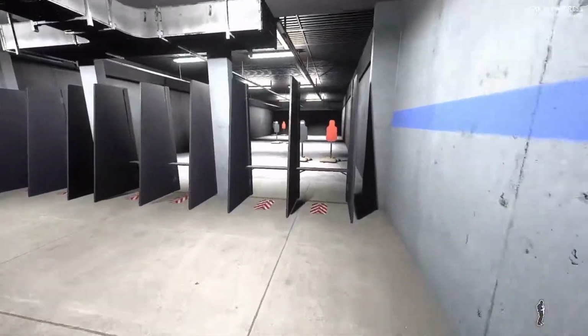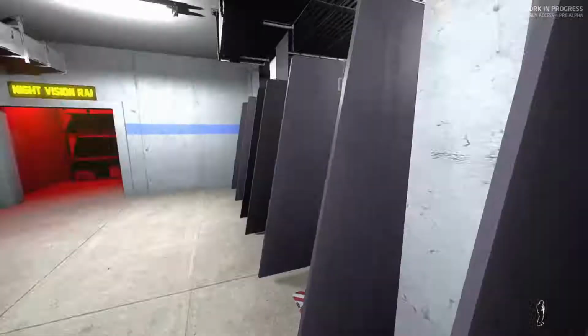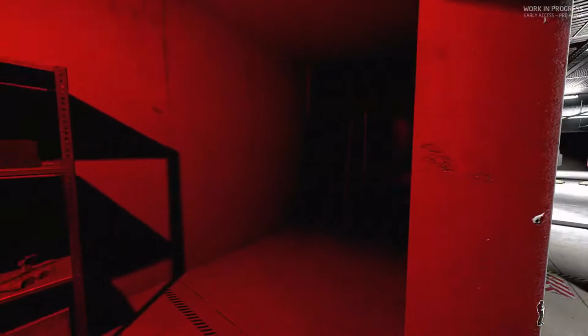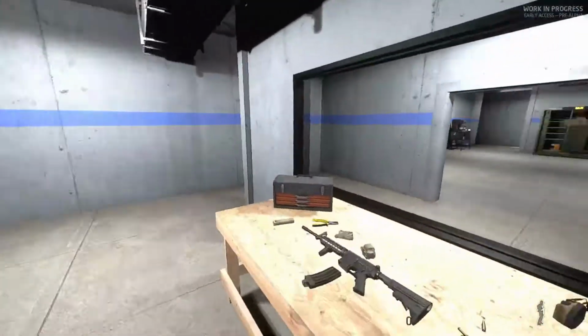You got a firing range, an indoor firing range. You can practice your aim. You got another table here, customize character, weapons, whatever have you, resupply. Then you got a nighttime range here. I currently don't have night vision goggles on my character, but for the sake of this video,